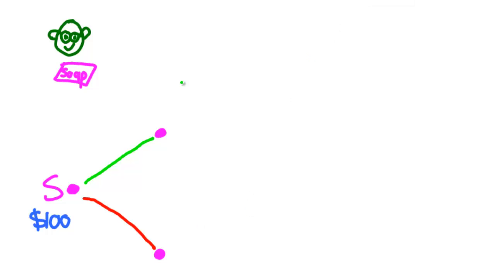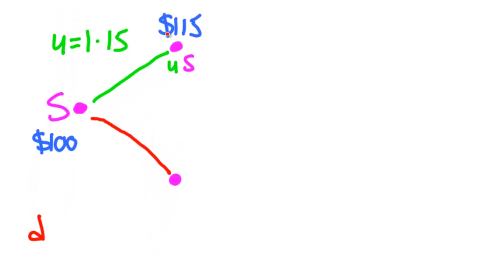If it goes up, it will do so by a factor of 1.15, which we can represent with a U. Let's draw the price going up. The price will go up U times S to $115. But what if it goes down? Well, if it does, technically it should go down by a reciprocal down D factor of 1 divided by 1.15, and that's equal to